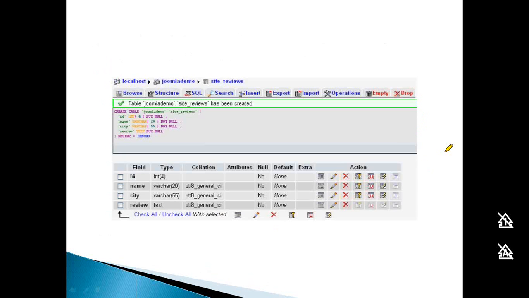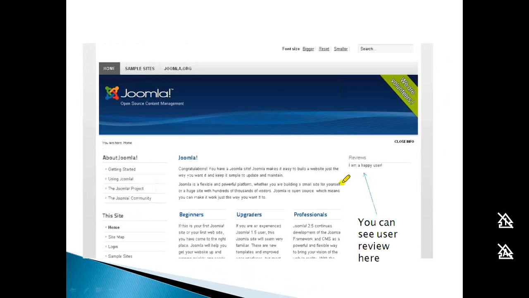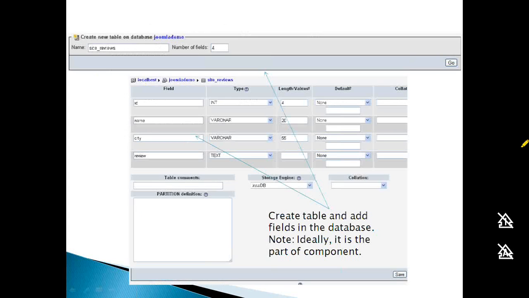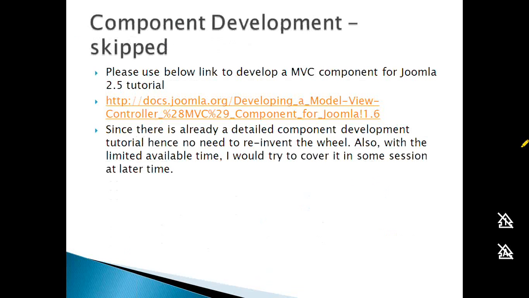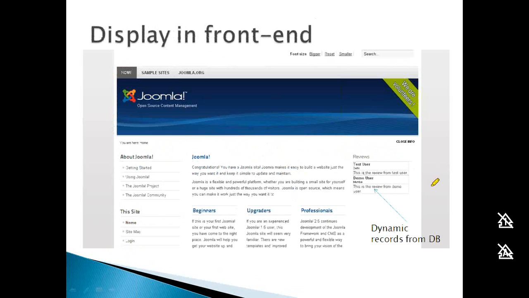If I quickly go to the original page, you can see that one static line is seen here. But now that you have connected with the database, you can see many more records here. You can even link it with a component, and then the component page can show more reviews.